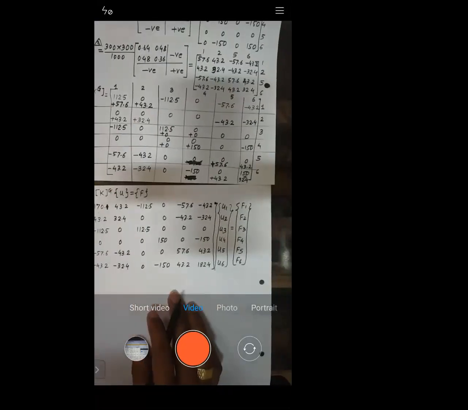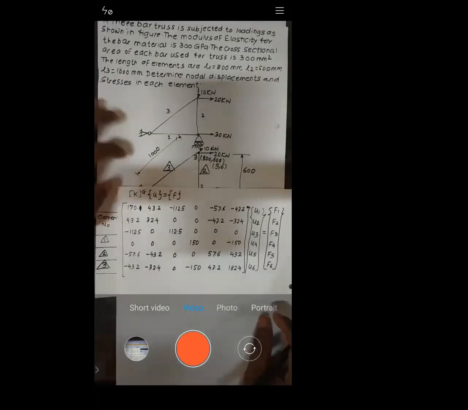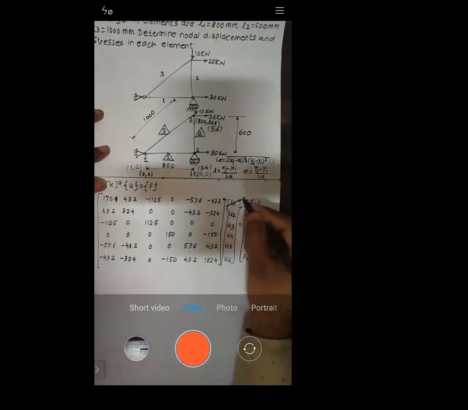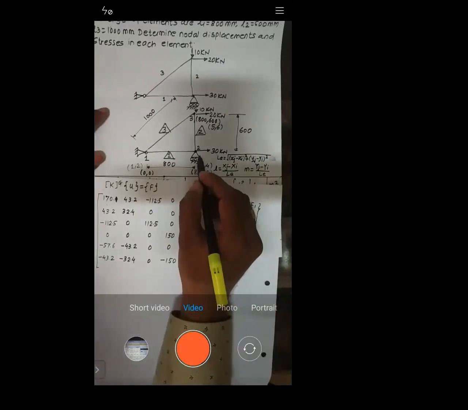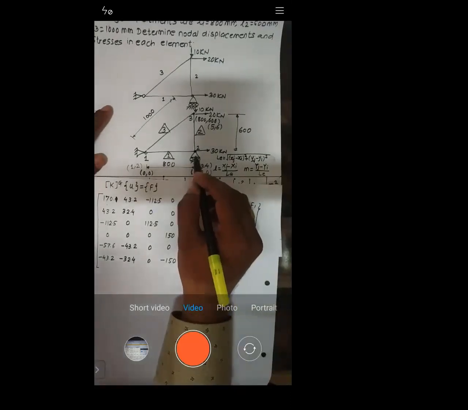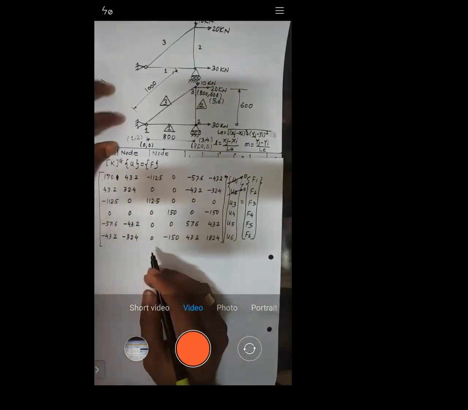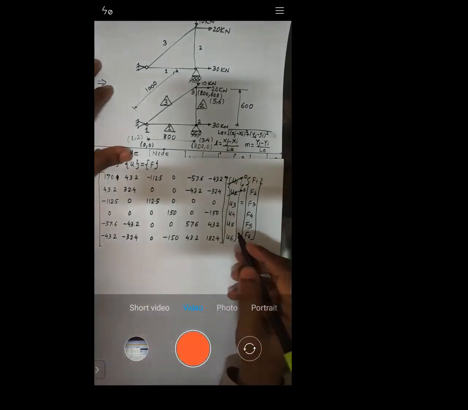Tell me now how to solve this problem. Boundary condition. Right, you apply the boundary condition. So see, at node 1, structure is fixed. That means node 1 cannot move. So U1 and U2 are 0. Similarly, for node 2, at node 2 you have a roller. So the roller cannot move in vertical direction. So as the roller cannot move in vertical direction, tell me what is 0?